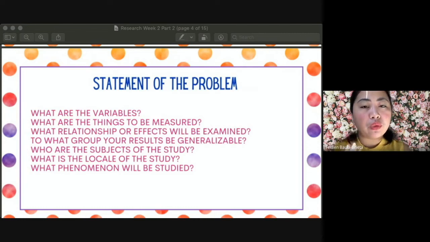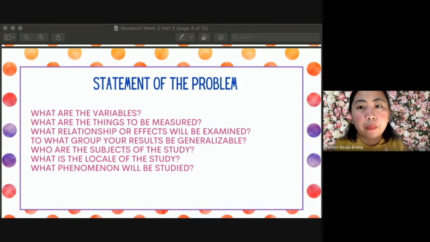Commonly, statement of the problem is also called purpose statement. So it is somewhat identical. The statement of the problem will provide focus for the researchers, and of course it is the backbone of the study. It is where we anchor our study, the statement of the problem or the SOP. It would be the anchor because it is where we pattern all the other major parts of the study.